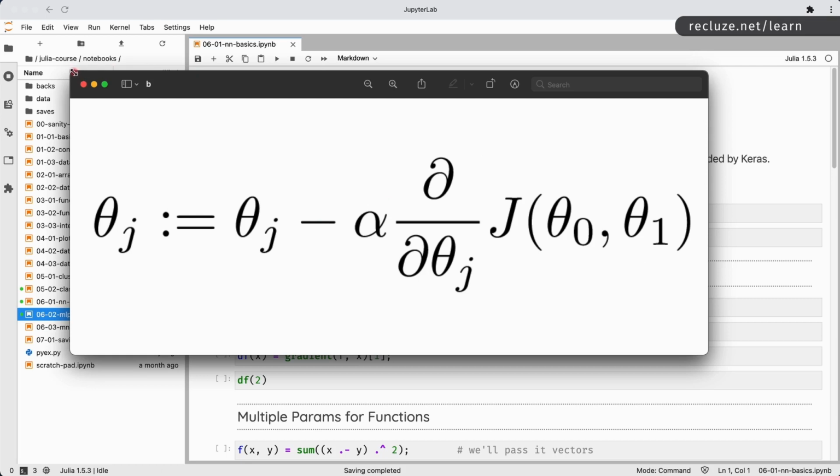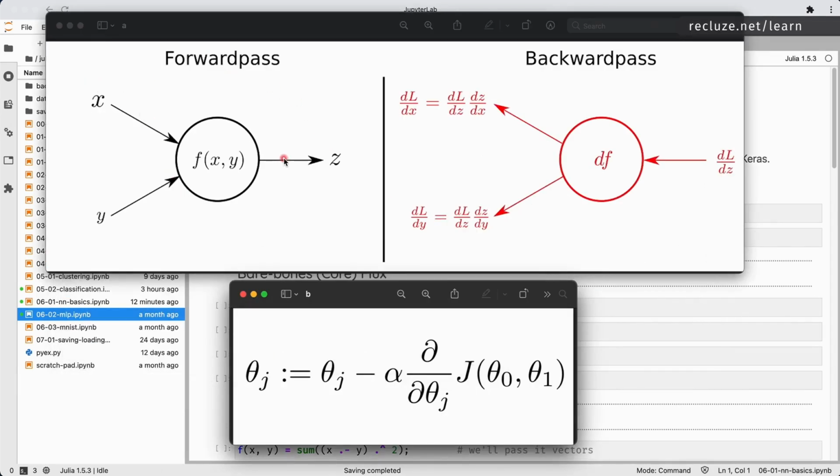So let's put them together. You have the forward pass, which is essentially just a mathematical function. It's not complicated. You have the backward pass, and then you have the parameter updation step. The forward pass and the update step are fairly straightforward. The backward pass is complicated because in this you have to have a very complicated mathematical function, and you have to calculate the derivatives for that. And this is where people struggle with machine learning.